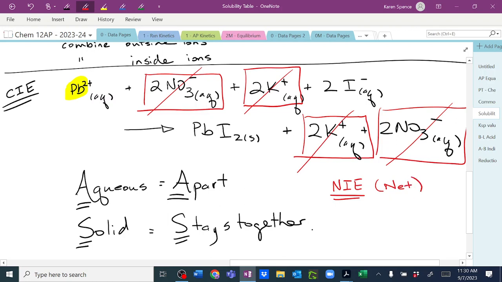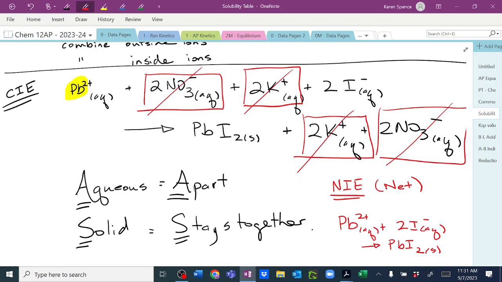would be, what would be left in our net ionic equation? Pb2 plus 2I minus goes to PbI2. What have I forgotten? States, aqueous, solid. Now, the reason that we're getting into this, even though really solubility is more like unit 3, the reason